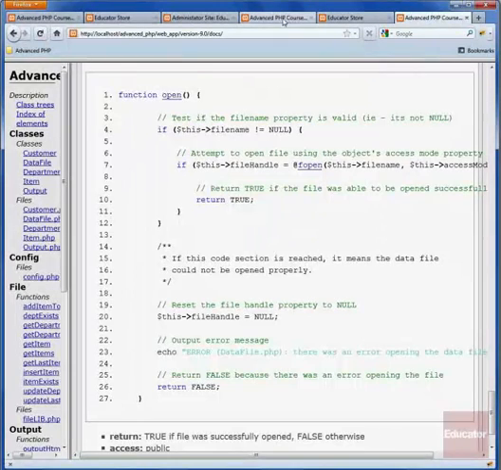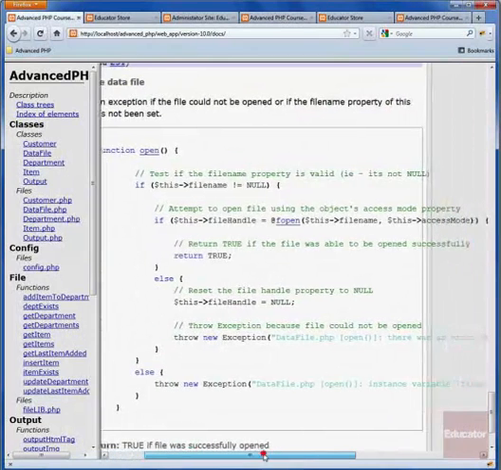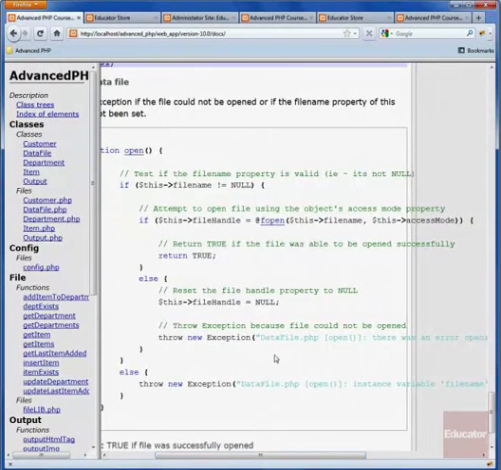Well, instead, in our new version, when an error occurs, we actually throw an exception. And what happens when that occurs is execution of that function stops, and whatever method called this open method is going to have to handle this exception or catch this exception. So here we have, for example, if the file handle property was null, meaning that an invalid file name